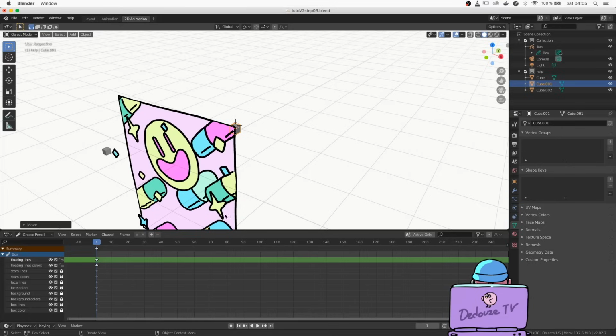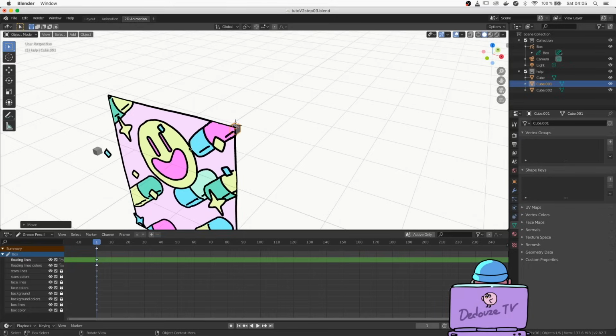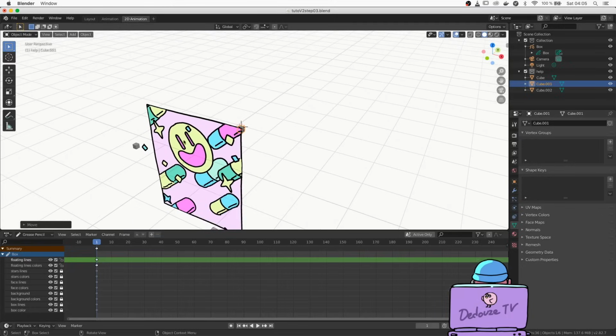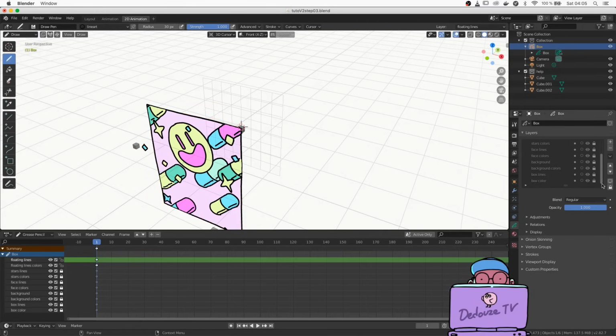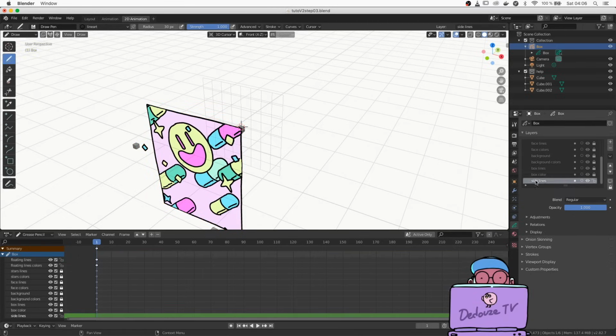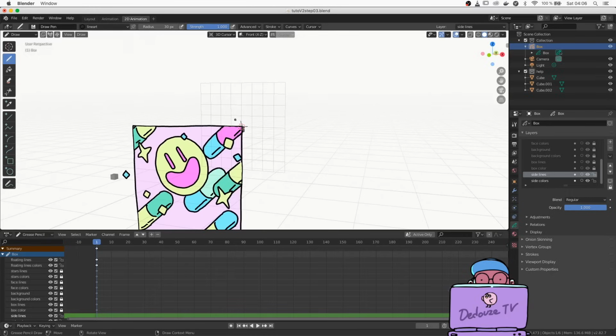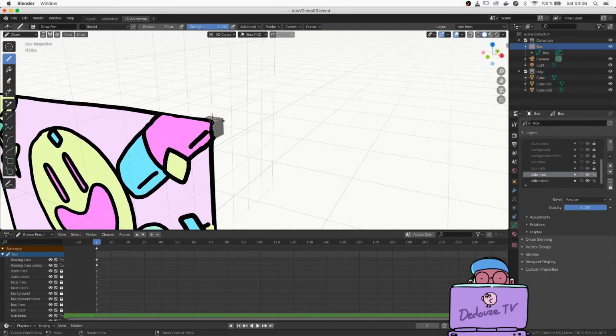So now that we are still on object mode, we can select our grease pencil object either on the scene or in the outliner. And now in our grease pencil object, we switch to draw mode. So let's create two new layers for the side, one for the line art and one for the color. The 3D cursor is on the side of a box now. We changed the orientation rule of the canvas to side, and now we can draw.